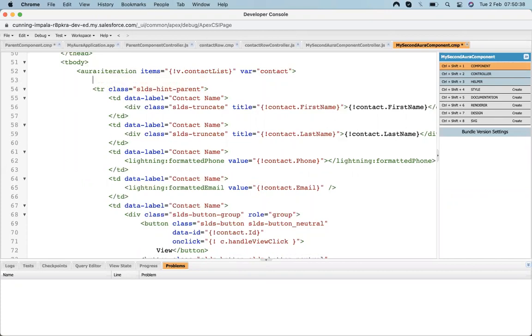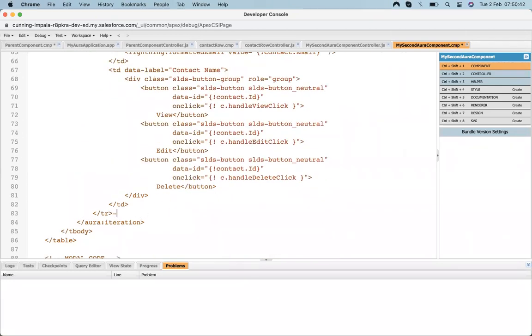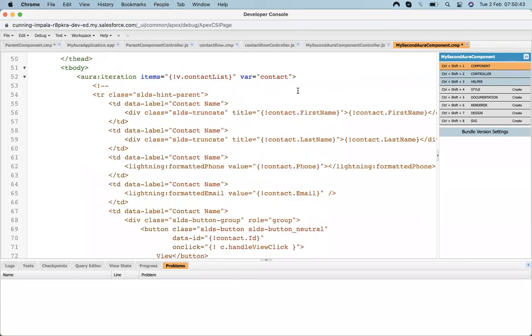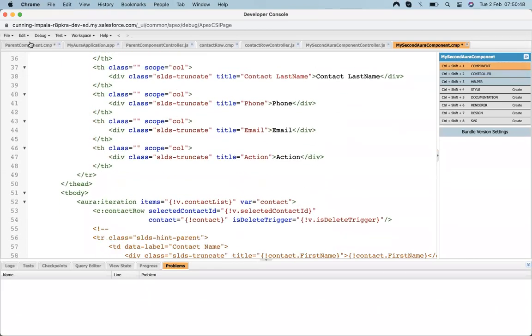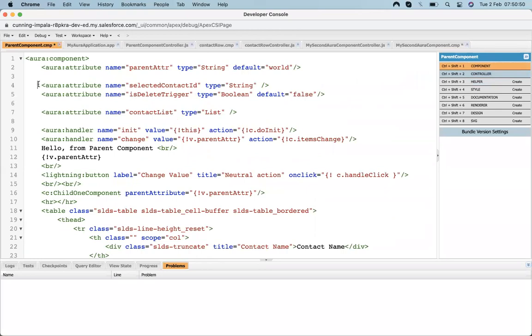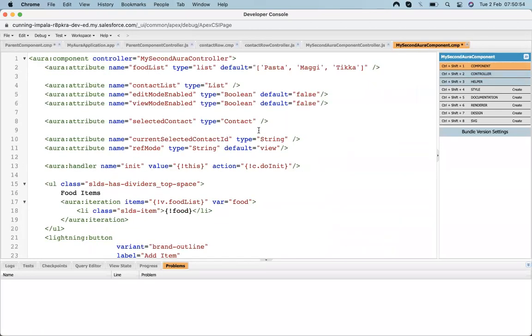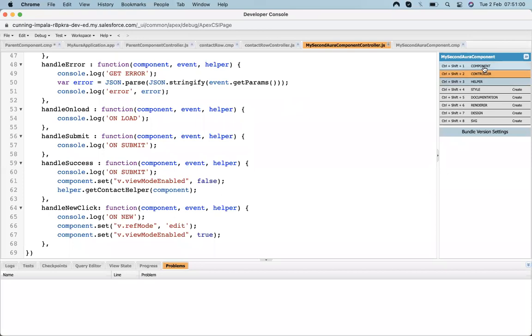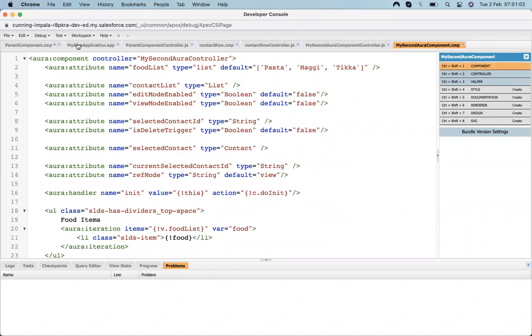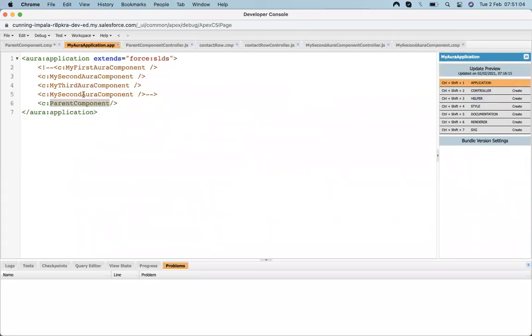So let's first comment this code, and then add my child component. Once I add the child component, let's put the variables that we are passing to the child component, and call this Aura component in my application. That is my second Aura component.